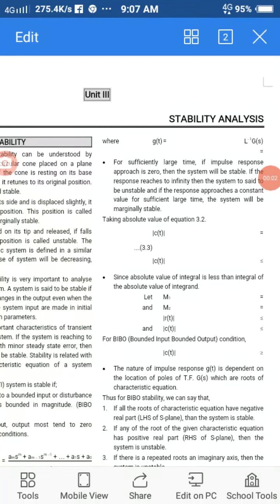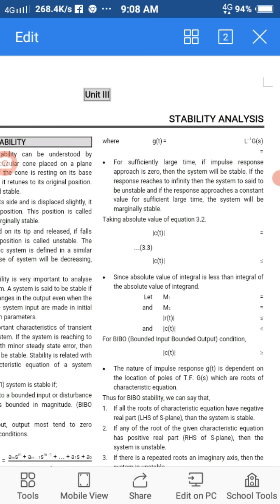Good morning, friends. Today we are going to start with unit number 3, that is stability analysis. Under this stability analysis, we will learn characteristics equation of a system, concept of pole and zero, response of various pole locations in S-plane, concept of stability, absolute stability, relative stability, stability of system from pole locations, Routh-Hurwitz stability criteria, root locus, definition, magnitude and angle conditions.